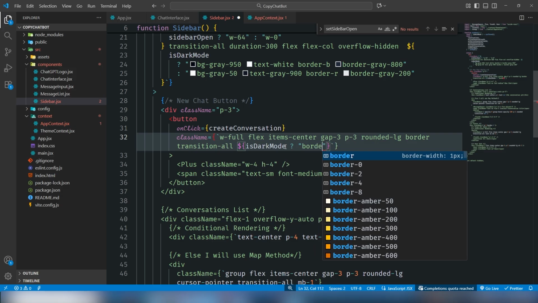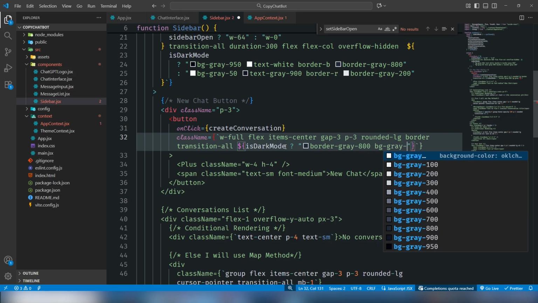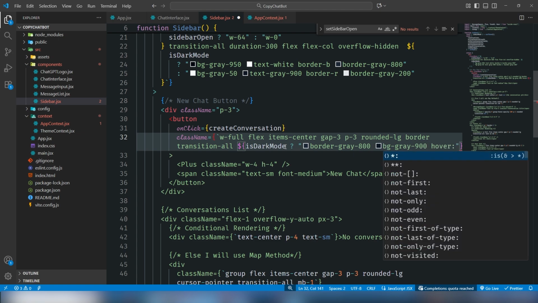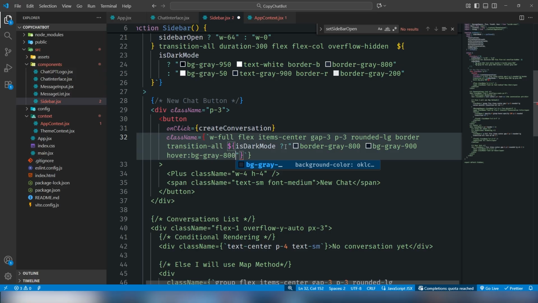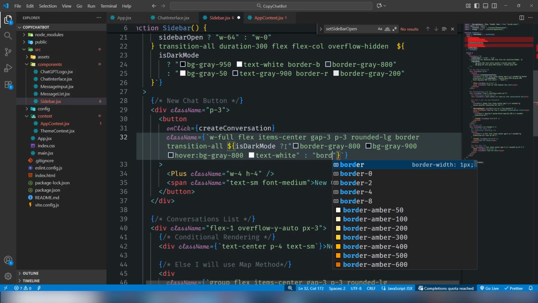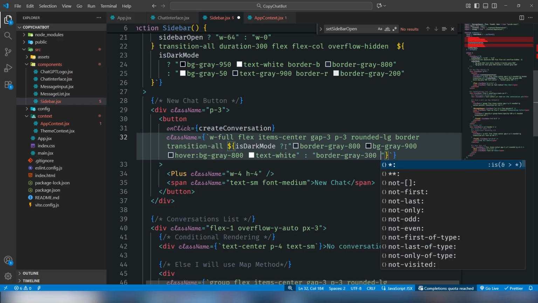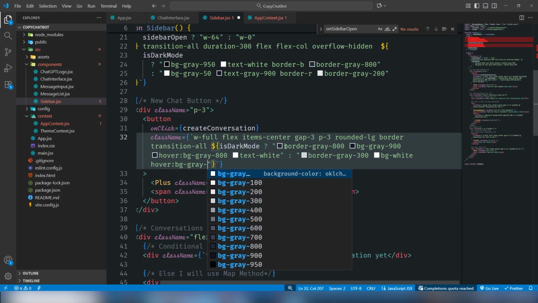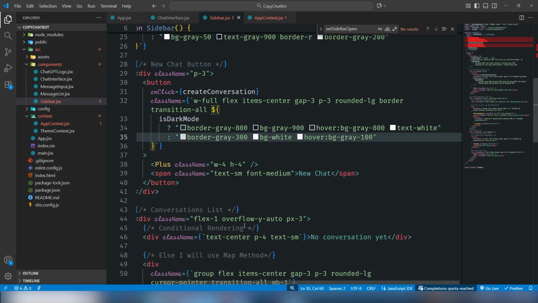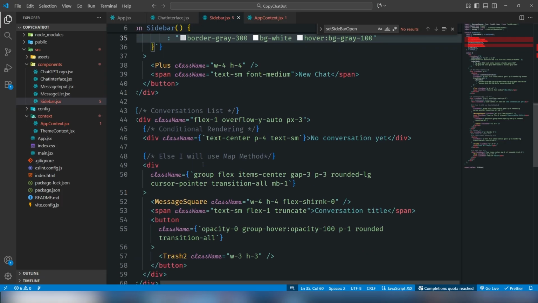I'm gonna use border gray 800, BG gray 900. When I hover the mouse, I need to change the hover color, should be like 800, text should be white. Otherwise I should be able to use text, border gray 300, BG white, however that BG gray 100. I'm gonna save the file, and yeah, it is perfect, and it should display the content, but we need